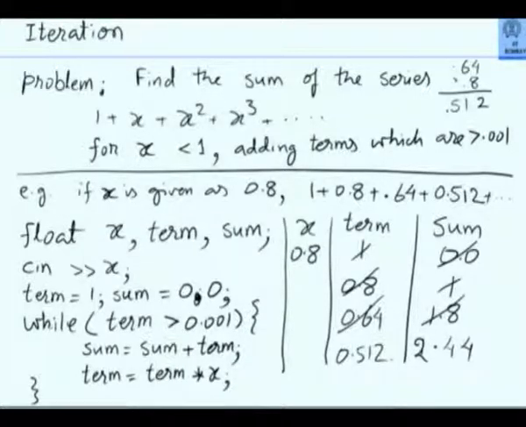Suppose I want to set up an iteration which will add n terms, where n is given to you. Say n is 5000. Somebody says add 5000 terms. I don't care what is the last term. Add 5000 terms or add 250 terms. So if I have to do that, how will I set up the iteration?